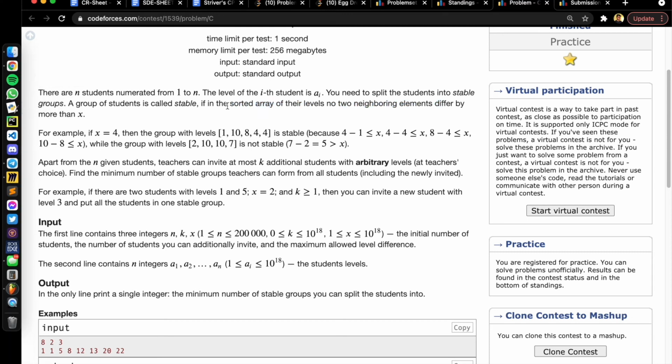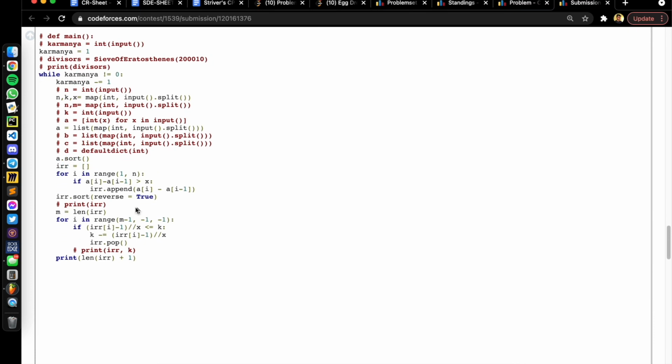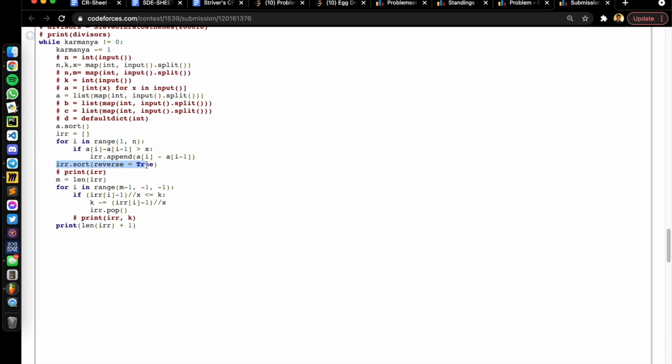So we have to sort the array. Then there's an irregularity array. For each element we find the difference of consecutive elements and append it at the end. Then we sort the differences and find the length of that array.